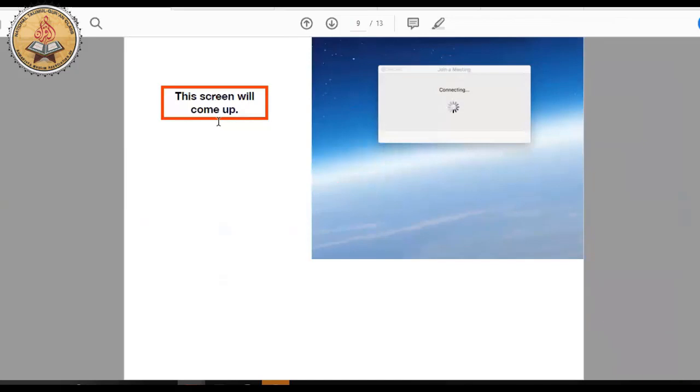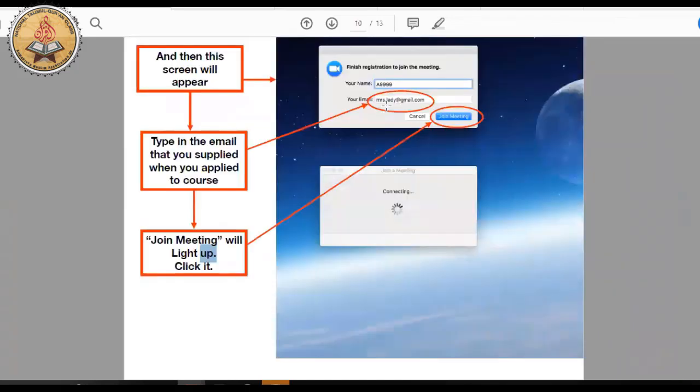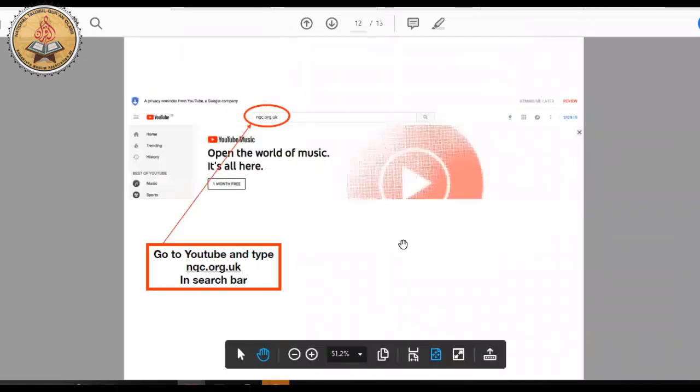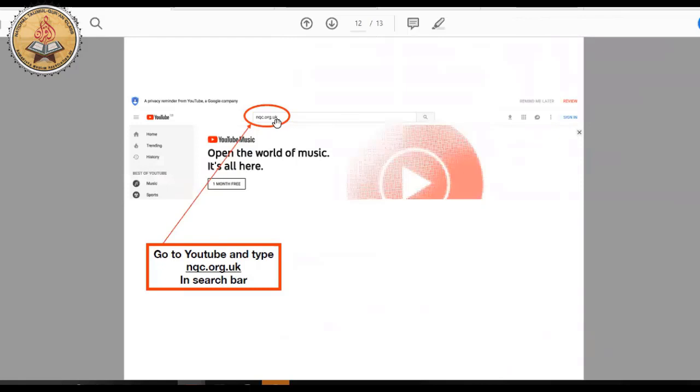When you click join, this screen will appear, and it will ask for your email. Either give your parents' email, or if you have your own email, give that, and then join the meeting. Then I will let you in, and meanwhile you have the screen up, as you can see. And if you want to see a video demonstration of this, go to YouTube and write